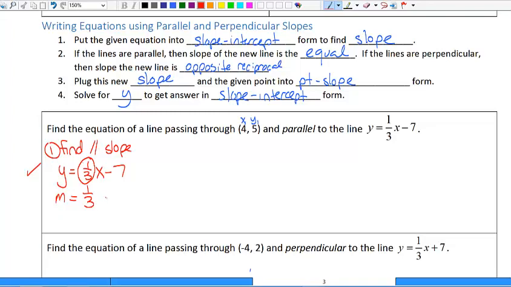Now, I don't really care about this slope. What I care about is a parallel slope. This is shorthand for parallel, by the way. So if the slope is 1/3, what is the parallel slope? Well, they're going to be equal, so my new slope is also 1/3. I'm going to take that slope